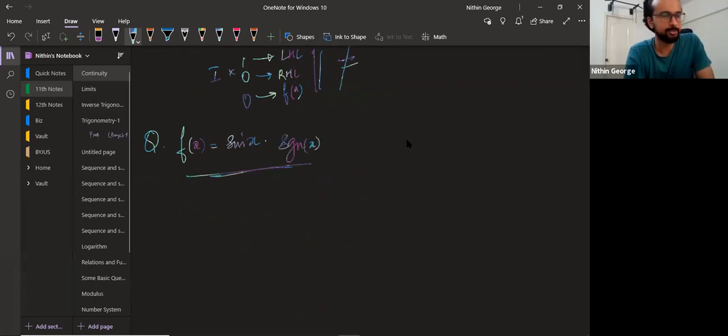Okay, f of x is equal to sin x into secant x. Fine, discuss the continuity at x equal to 0. At x equal to 0, what about its continuity? Secant x is a discontinuous function. The value of the function at that point will be 0. The LHL will tend towards -1. The RHL will tend towards 1 here, right?